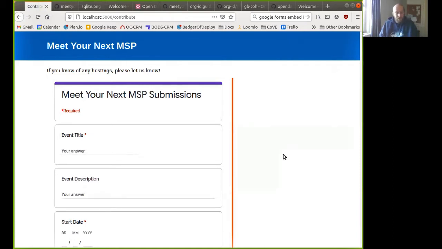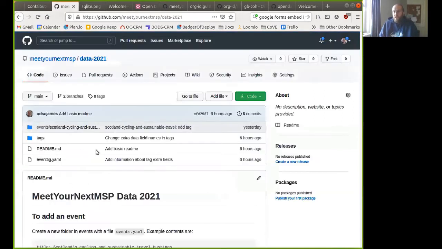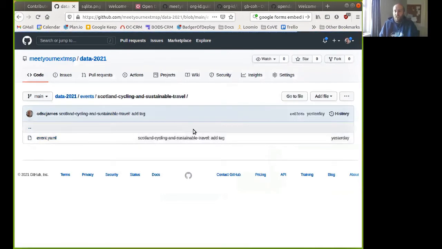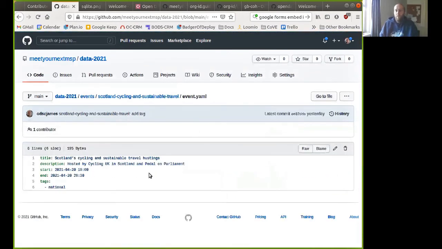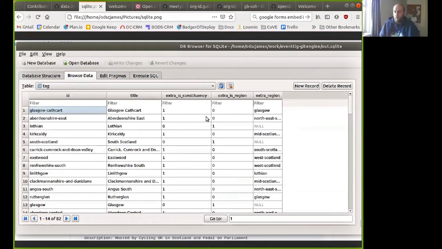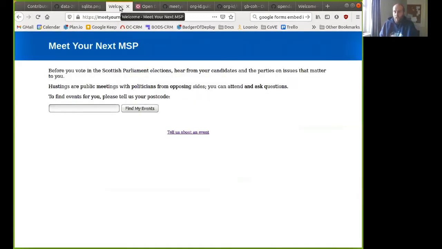So talking through the tech behind this, all the data is stored in a Git repository. Every event has a YAML file with the details in. Then we have a small Python component which parses all the files and turns it into a single SQLite database with all the data on the areas and the events. And then we have a little Flask Python website which serves the information from that SQLite database to people. Although don't pass around that name yet.